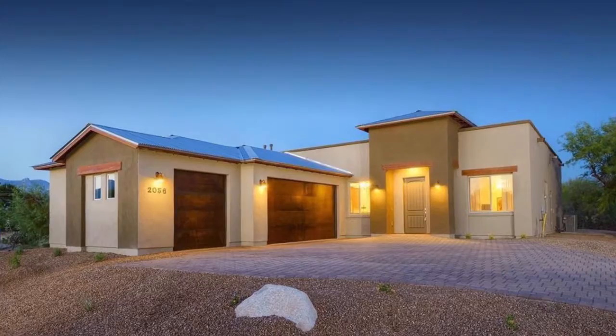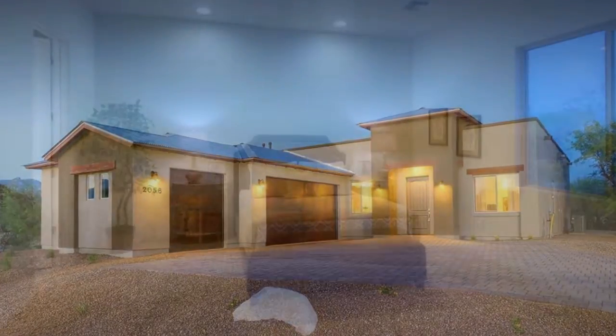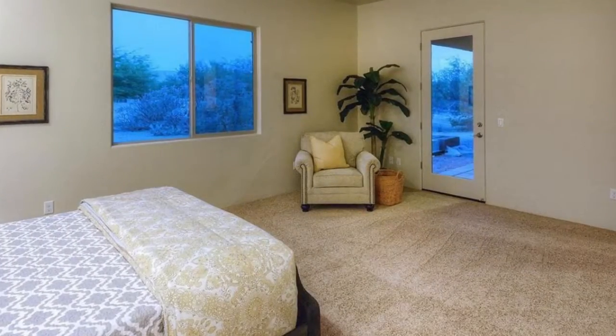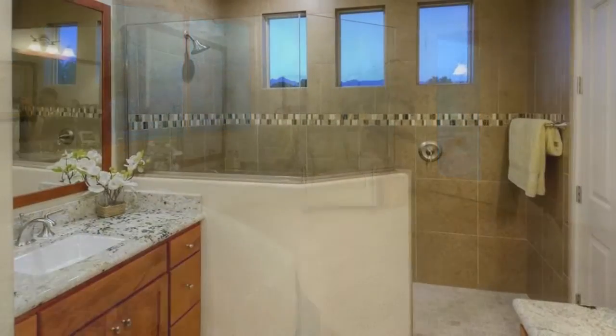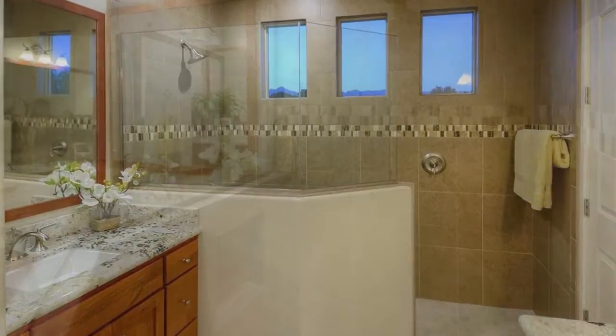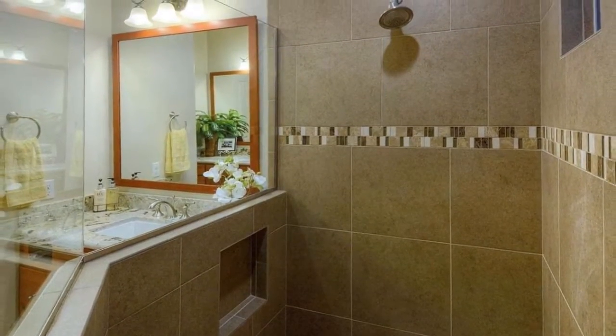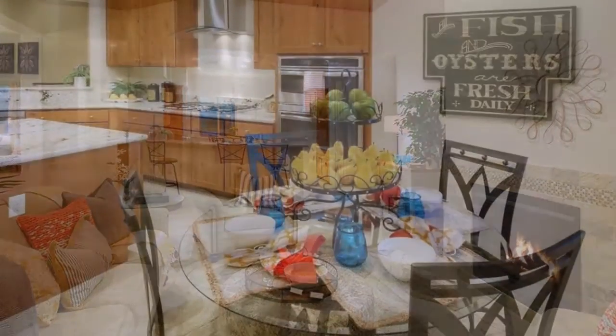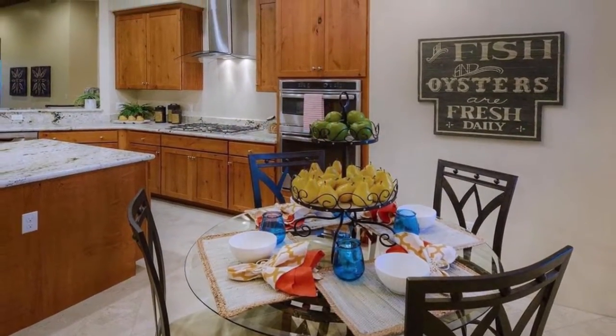This beautiful Dodson plan home on Lot 3 is 2,606 square feet with 3 bedrooms plus a den, 3.5 baths, and a 3-car garage. This large open floor plan features 2 master suites, a large family room with fireplace, and a separate dining area. The spacious covered patio may be accessed from the family room as well as both master suites. This stunning model home is priced at